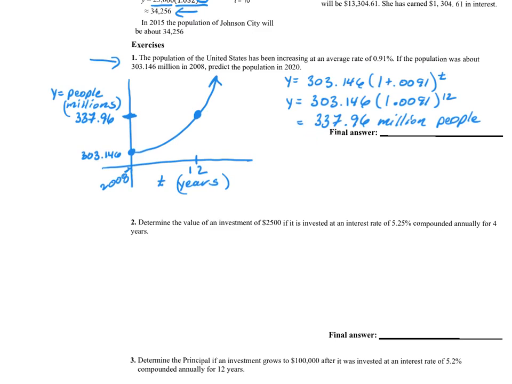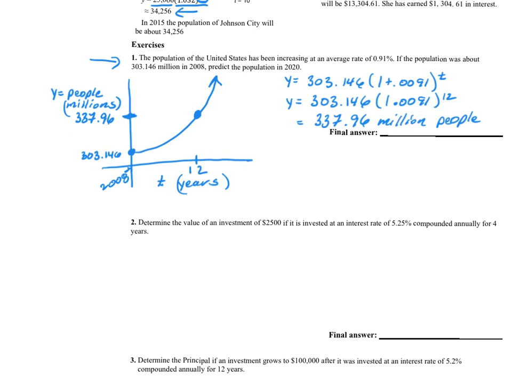So it's actually really simple. We look for our initial amount, we find our rate of growth and add it to 1, and then we apply the amount of time that that growth rate is going to work on our initial amount